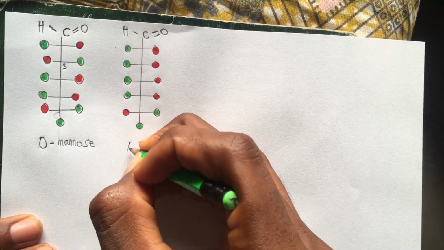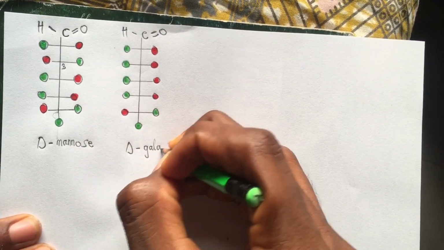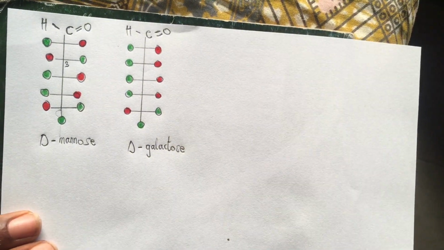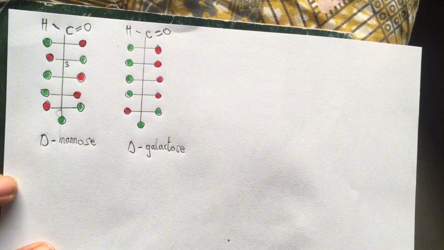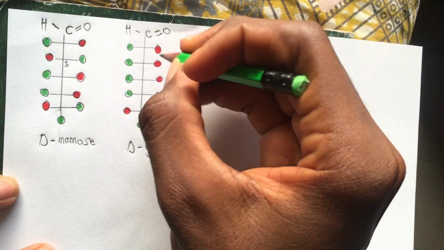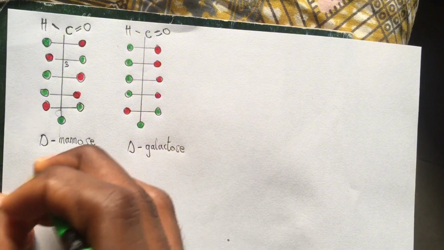So let's say this one is also D, but let's call this one galactose, even though it is not galactose. As you can see, this means that the molecules are not the same. There's a change in configuration at carbon 3. For that matter, we can say that D-galactose